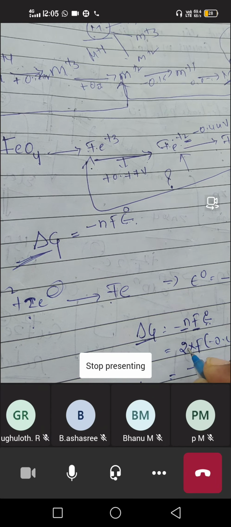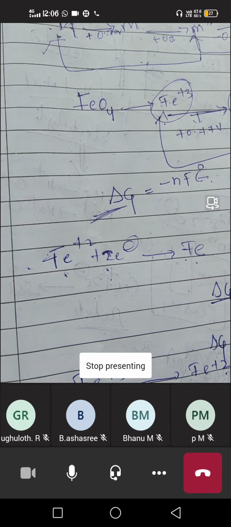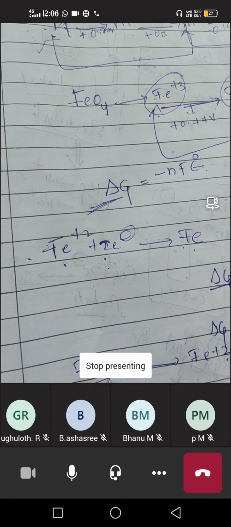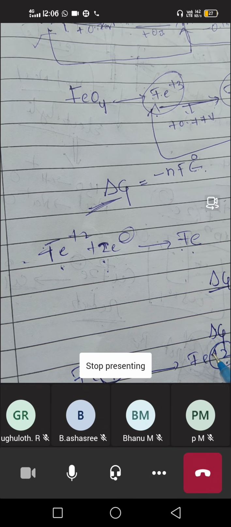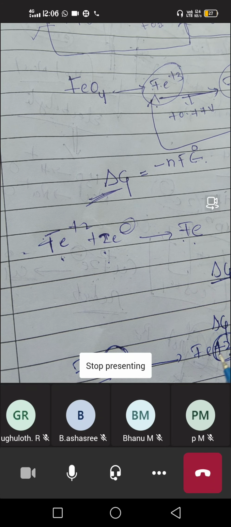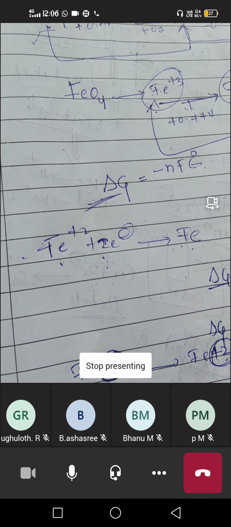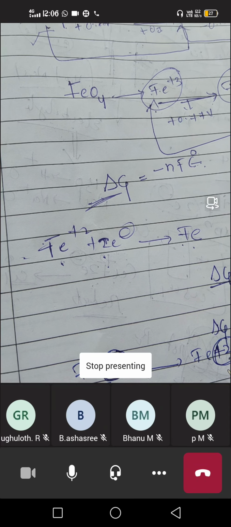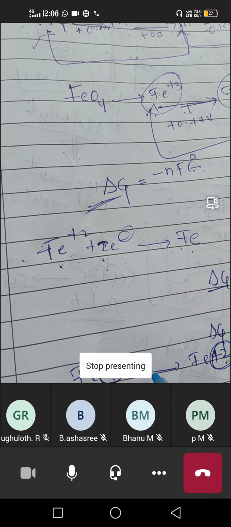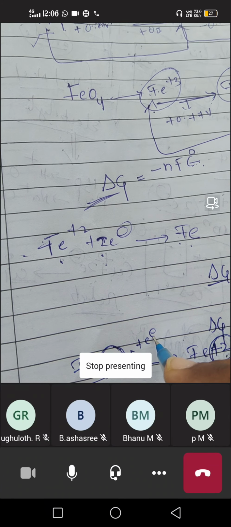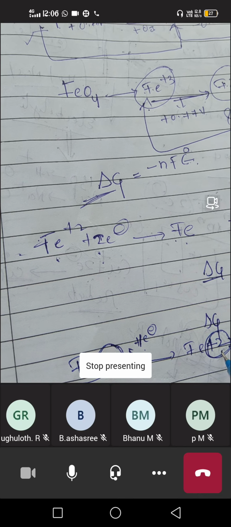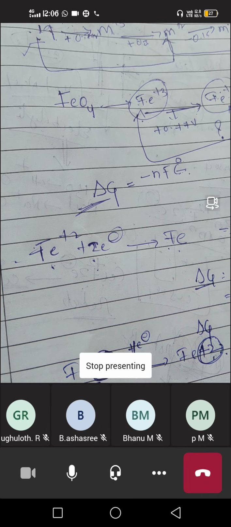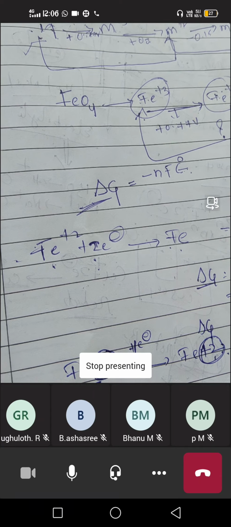So that is Fe+3 converting into Fe+2, that means +3 to +2. First, iron is short of 3 electrons, but on the product side it is only short of 2 electrons. What happened in between these two? We are adding 1 electron to Fe+3, and then only 2 electrons are short, that is Fe+2. Here also the value E naught is +0.77 volt.